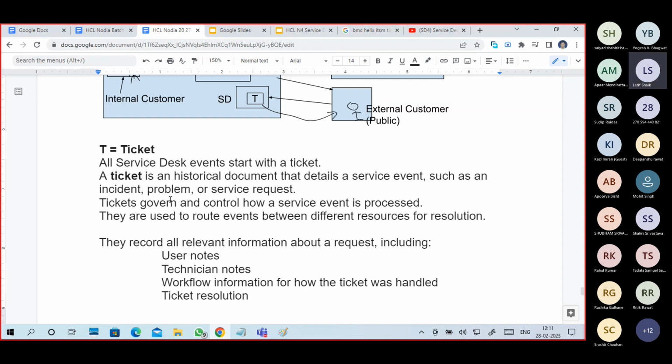They are used to route events between different resources for a resolution. It means not only me, there are several other members who also should be involved at different levels. They have to involve. They have to pass it on.